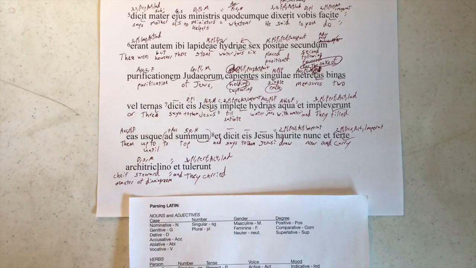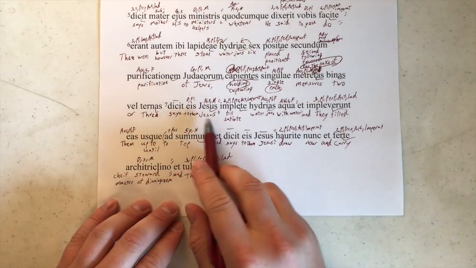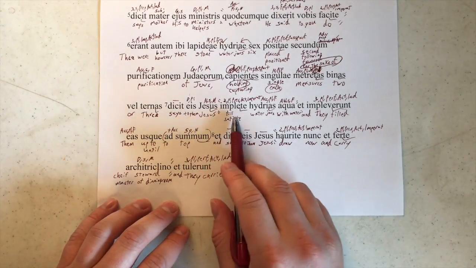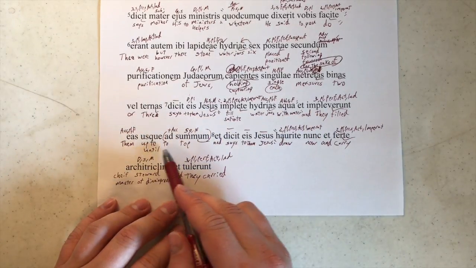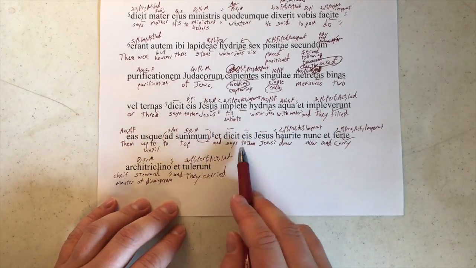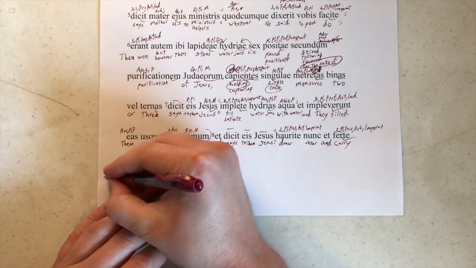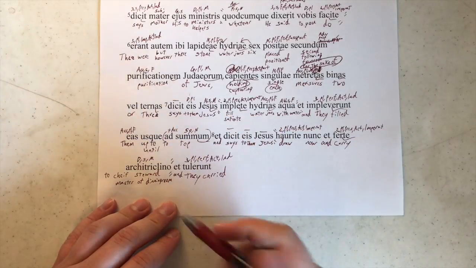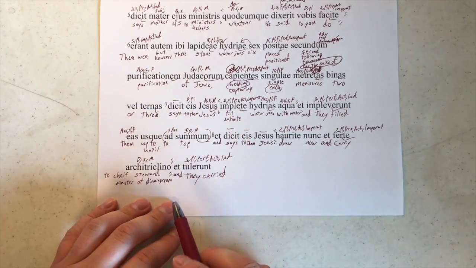Let's see what it looks like in its own context from verse 7, and then we'll take a look at the greater context from verse 1. Jesus says to them, "Fill water jars with water." And they filled them up to top. And Jesus says to them, "Draw now and carry to chief steward or master of dining room." And they carried. So far, so good.